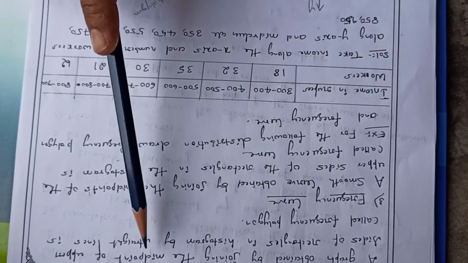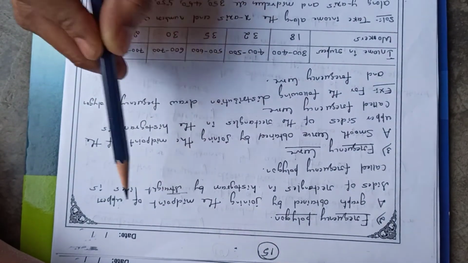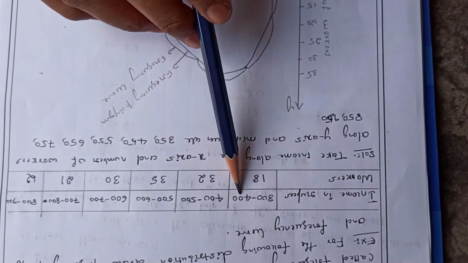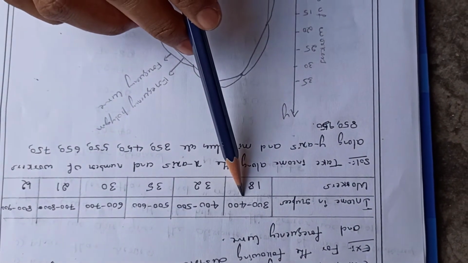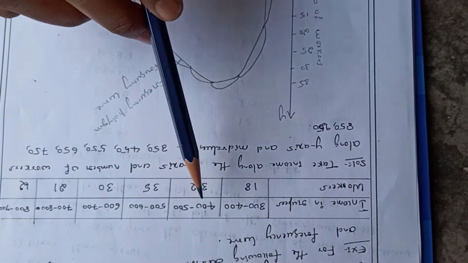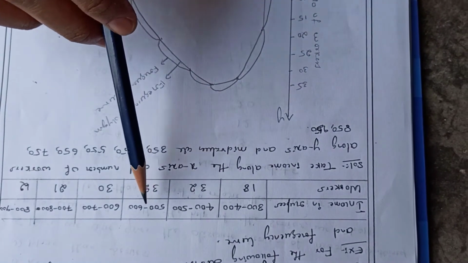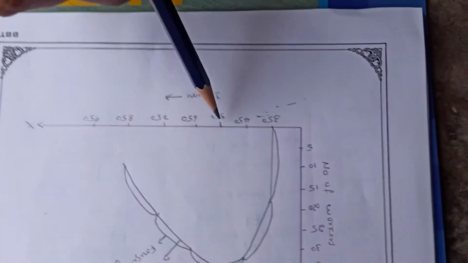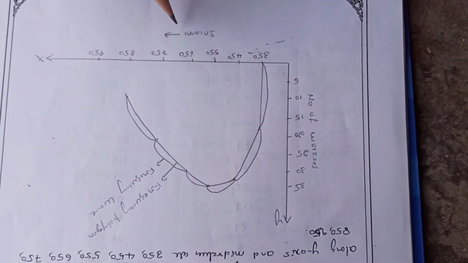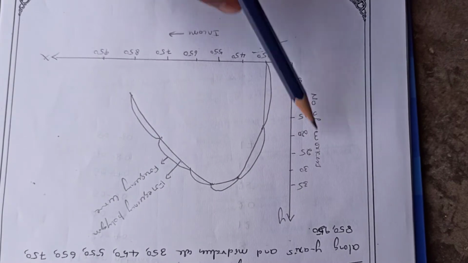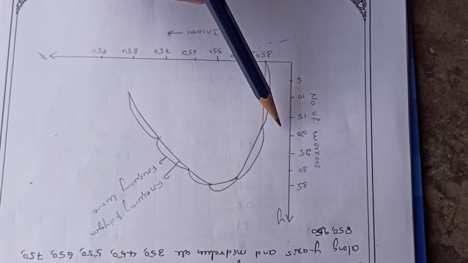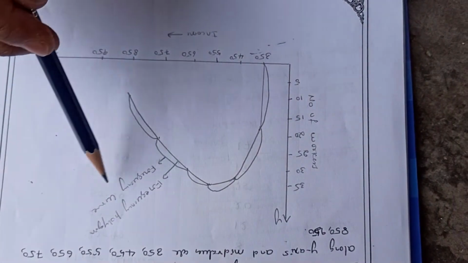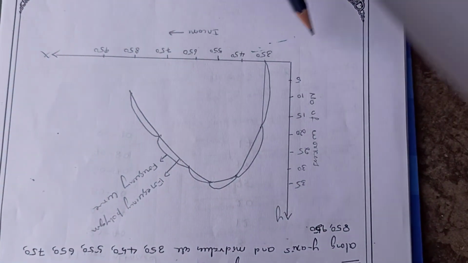In the same way for the frequency polygon, the midpoint is very important. So we are taking midpoints along the x-axis: from 300 to 400 the midpoint will be 350, from 400 to 500 the midpoint will be 450, and in the same way 550, 650, 750 and 850. The same scale is taken along the x-axis, that is income in rupees, and the number of workers along the y-axis. Now I am going to show how to plot the frequency polygon and the frequency curve in a graph.